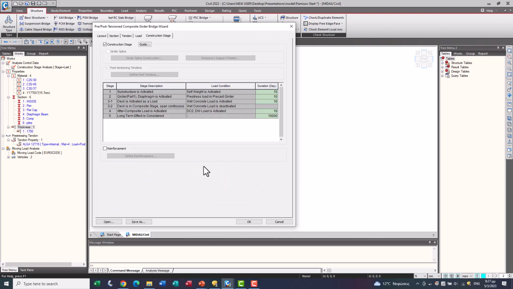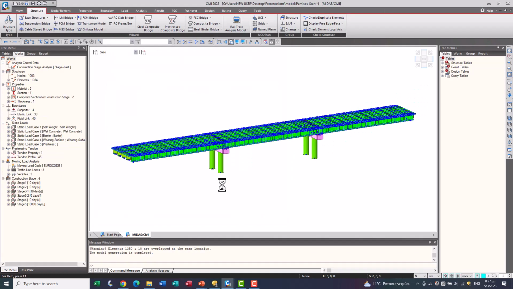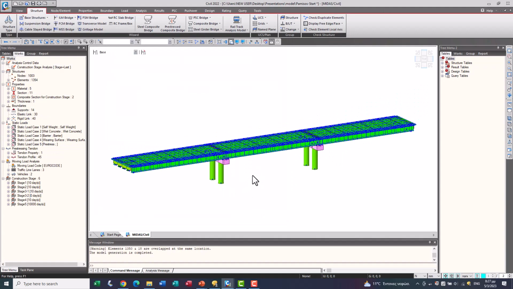And also here, as I have told you, these are the construction stages that are automatically done in Midas Civil. So after I completed all these steps, I press OK, and the model is created.